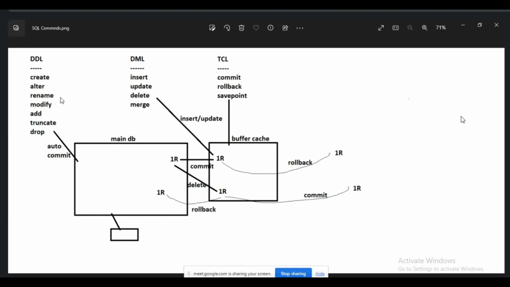First I create the table structure with the help of a DDL command. This table structure is directly created in the database. Now I need to insert the data. DML has the command insert. With the help of the insert command, we can add a record into the database. For example, one employee joined the organization. We have to add the record into the database with the insert command. If I am inserting or updating any record, first the inserted or updated record reaches the buffer